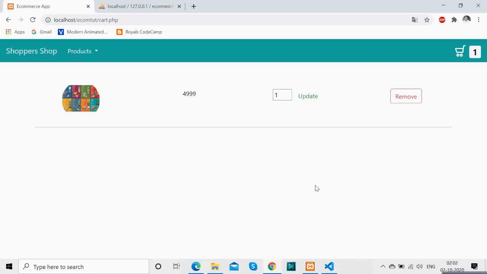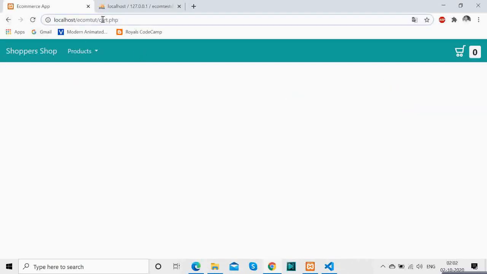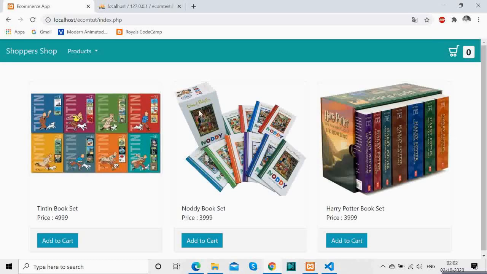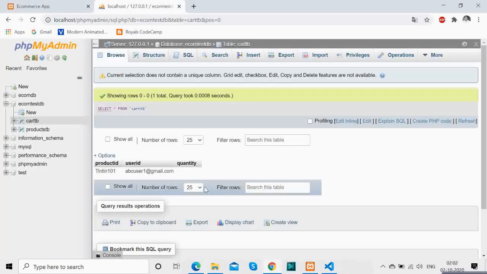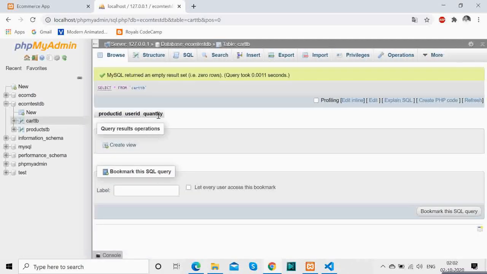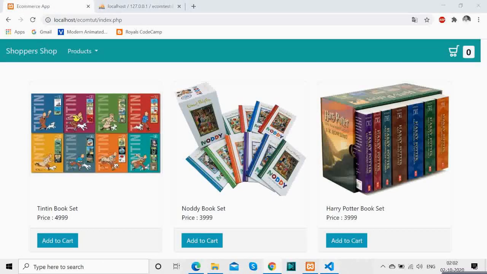So whenever someone clicks on an item, on a product, they will have quantity added as 1, and then they can come here, update that.